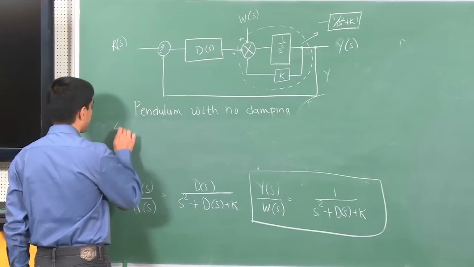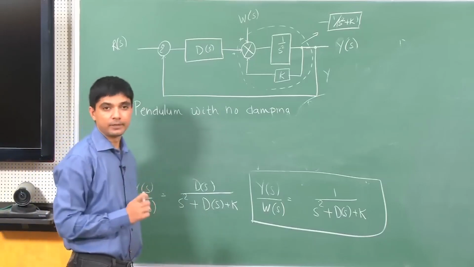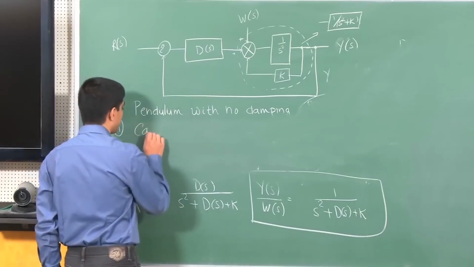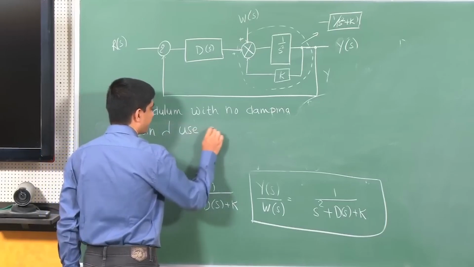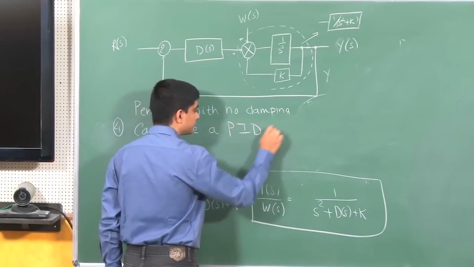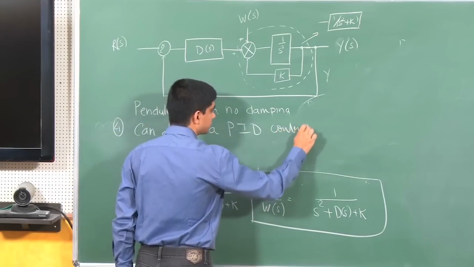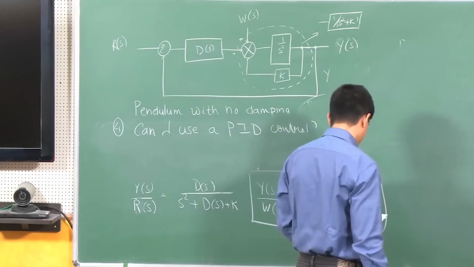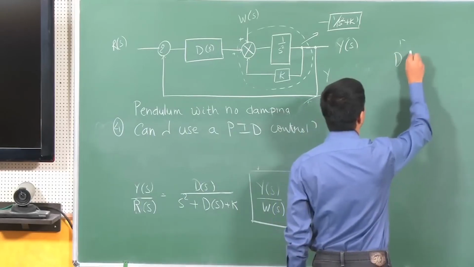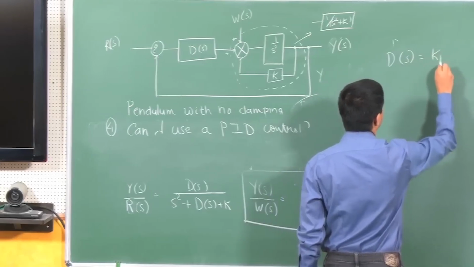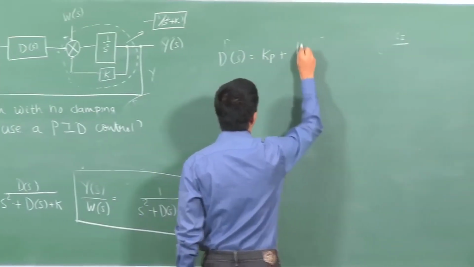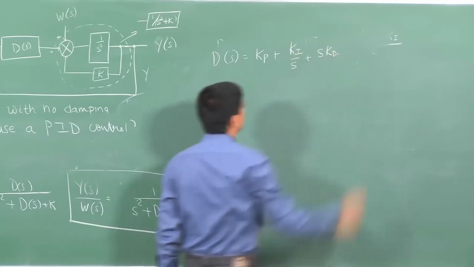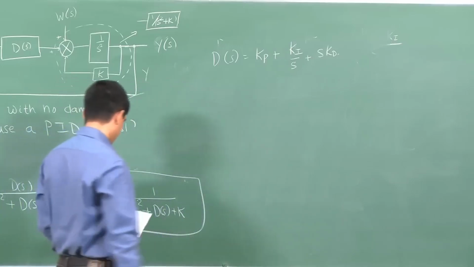Okay, the next is part 3. It told me that PI was not a very wise choice. Now, can I use a PID control? Okay. So, a general structure of the PID control would be, you have Kp, the proportional term, the integral term and the derivative term, in which case my closed loop transfer function